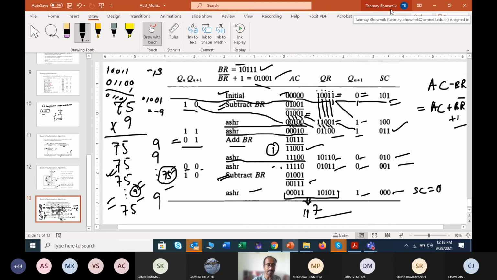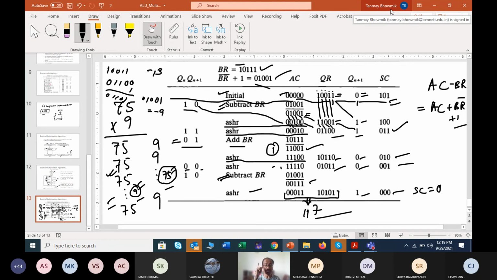Because if this 2's complement is clear, then perfectly fine, no problem. Because next I will again touch another 2's complement problem, that is the addition subtraction, right? So that is why it's quite required to understand this Booth's algorithm properly also, or the function of 2's complement properly also. The only common thing is you don't need to consider any separate sign bit. You are taking all the bits at the same time and you are calculating them, and what the result is getting, you are taking decision based on that result, that whether it is a positive, whether it is negative, whether there is 0 in most significant bit, whether there is 1 in most significant bit. Whatever you will get, based on that you will take decision, right?